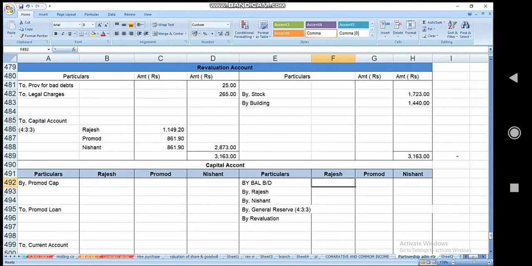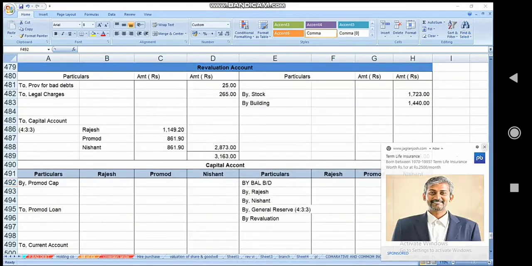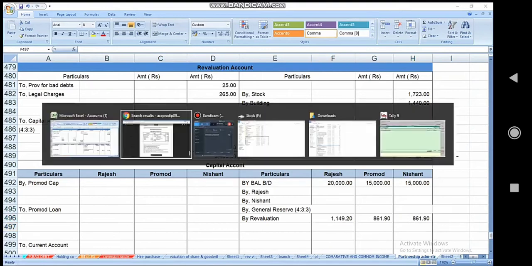Now we move to the capital account. As simple as that, put the capital balance from the balance sheet. So in the balance sheet, put the capital 20,000, 15,000 and 15,000. Now the general reserve is also divided between the old partners in their old ratio. We put the revaluation profit, just transferred from the revaluation account to the capital account. Clear? As simple as